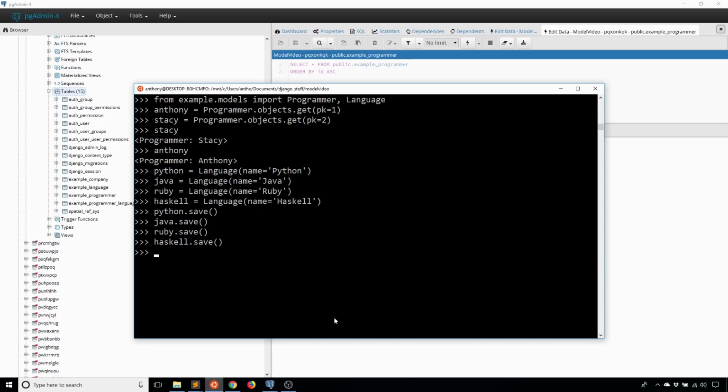Okay, so now that I have all those saved, what I want to do now is add languages onto programmers. To do this, I can't simply say Anthony.language equals Python, because Anthony can have more than one language. So instead, what I'm going to use is Anthony dot,